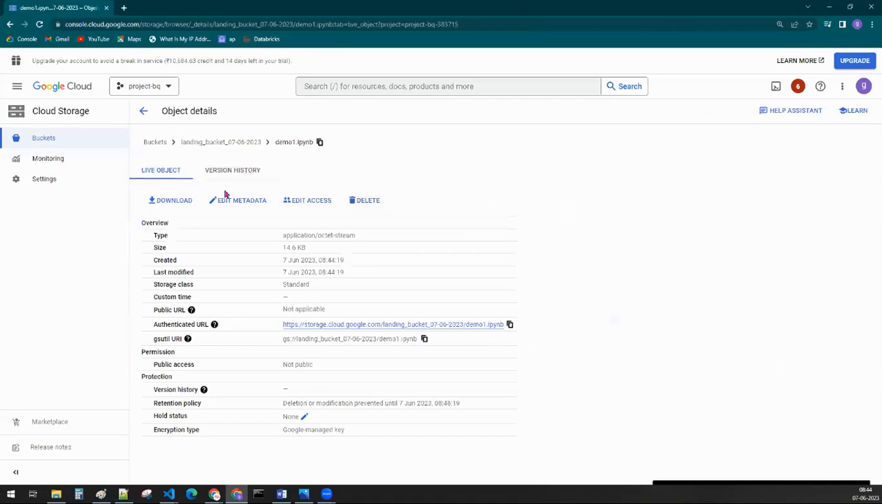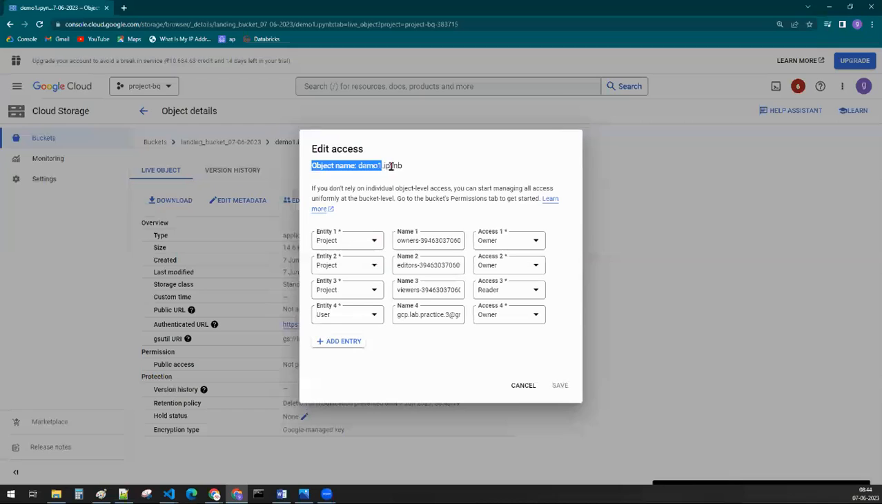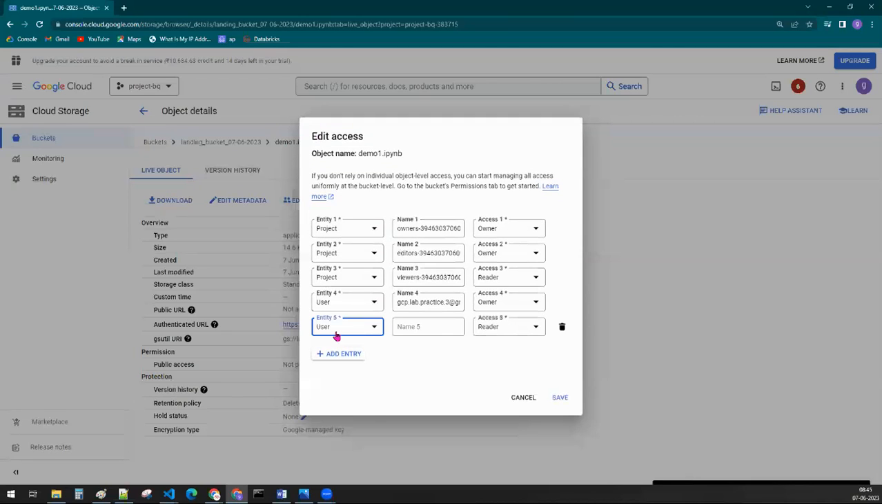and you have seen, right, edit metadata, edit access, delete it. I click on edit access. What I'm trying to do at object level is editing the access. You see here, if you don't want to rely on individual object level access, you can also go for uniform access. But now I have selected fine grained access. Now I wanted to add an entry,